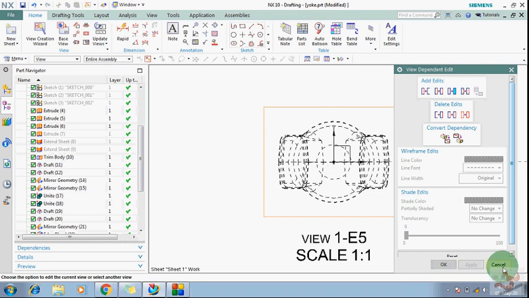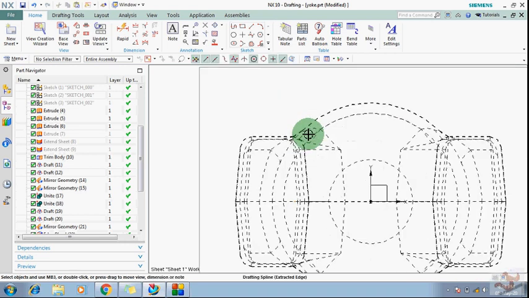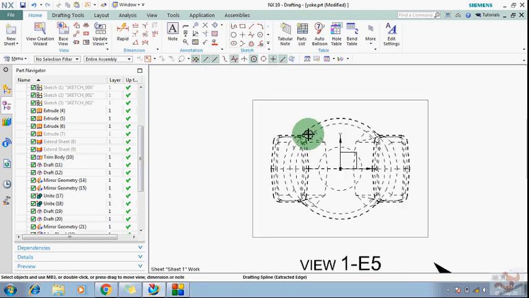Now you can see your whole model is showing in dashed line. Okay, when you delete that reference line, hidden lines, and want to get it back after saving, after some time in future. Okay, so this is the way, very important thing, you have to remember this.